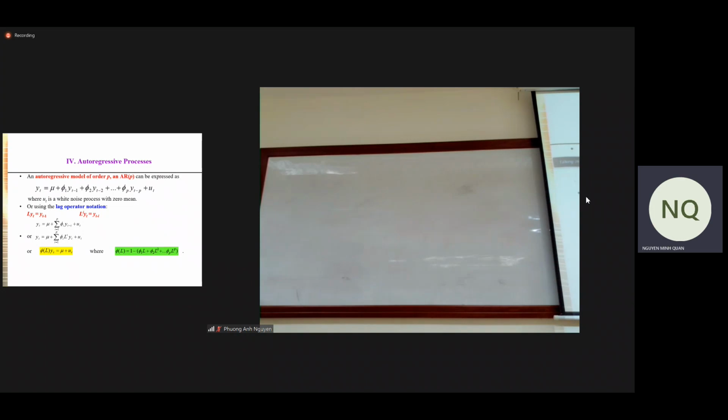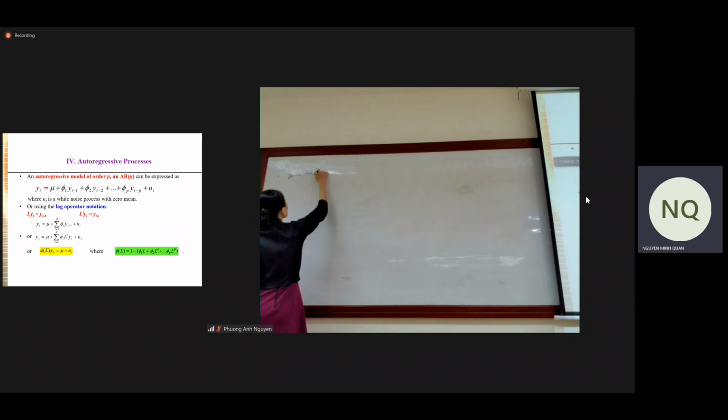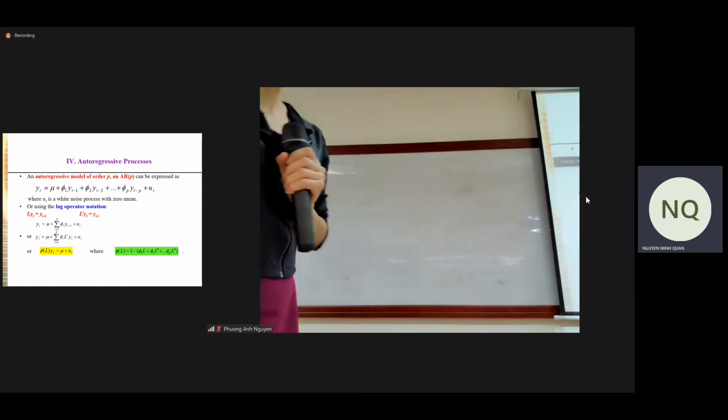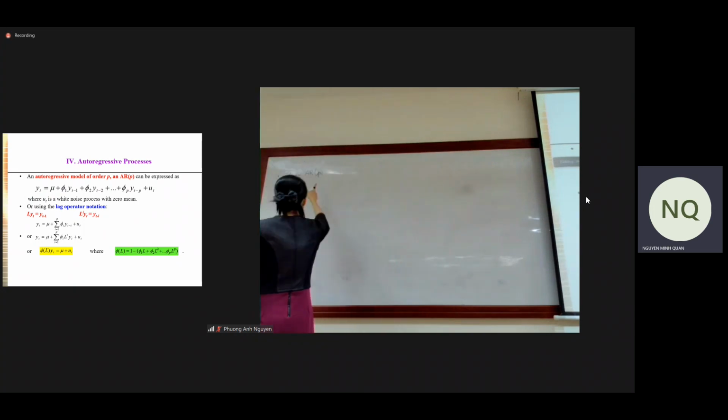Okay, so now let's continue to study the second family of time series, called the autoregressive models, denoted by AR. We say that the series YT follows the autoregressive model of order P, denoted by AR(P), when